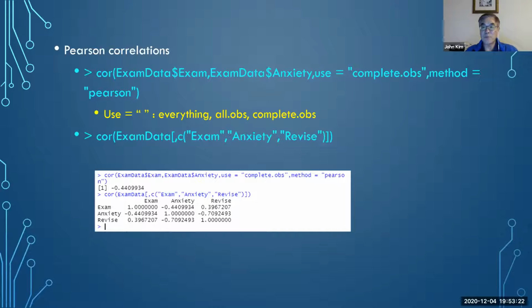But the most popular correlation method is Pearson correlation. So when we say just correlation analysis, then mostly it is probably Pearson correlation. So using this function,